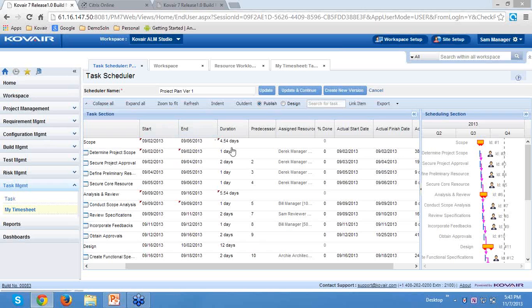Here we have shown the planned start date, end date, duration, predecessor, assigned resource, then the actual start date and actual finish date. If you want, we can also configure and bring in columns like actual cost and planned cost.